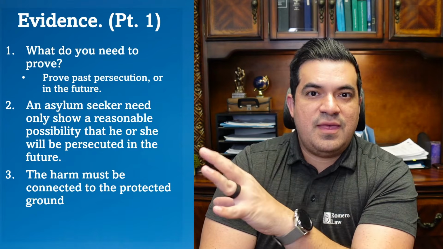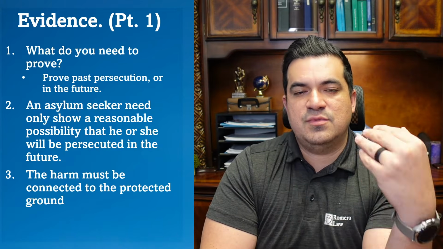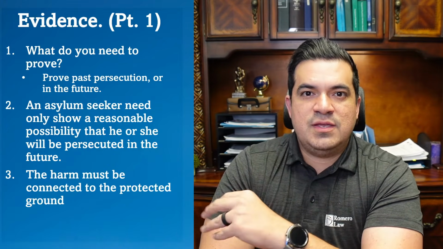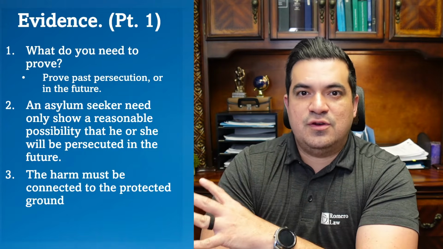And you have to show that, yes, someone hurt me, I called the police, there was a police report, there were eyewitnesses. Then a person has to show that there's a reasonable possibility that if you were persecuted in the past, it will most likely happen in the future. And if you didn't show past persecution, you have to show that it will happen if you return. That happens when, let's say, someone is in the United States and things happen in their home country, or something changed that now makes them fearful of returning.